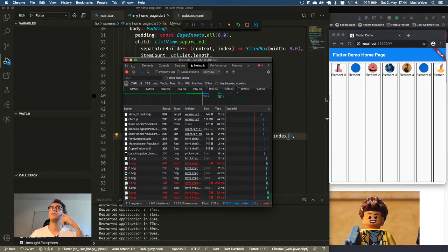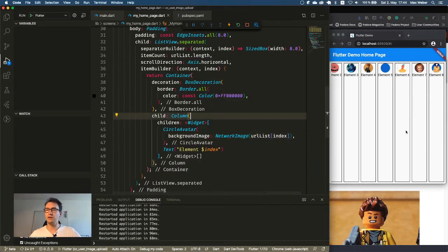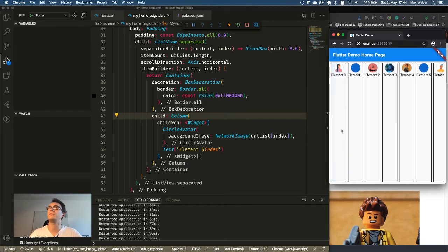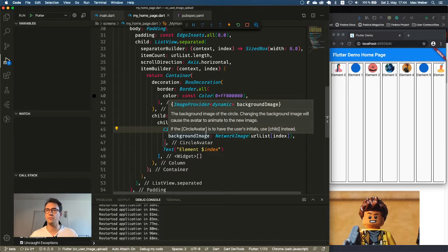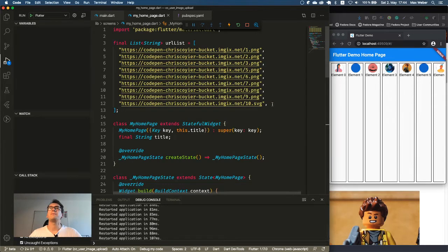Now we go to slow. And if I go now to the right, you will see that the images are loading very slowly. Okay, they are too small, so it takes too long. I'm impressed that the SVG is immediately loaded. Did you know that? Is that a new feature for Flutter in beta? I didn't know that. The last time when I worked with SVG, it was a bit more work with a package and everything. But anyway, that works.